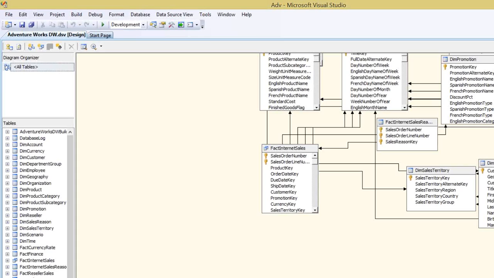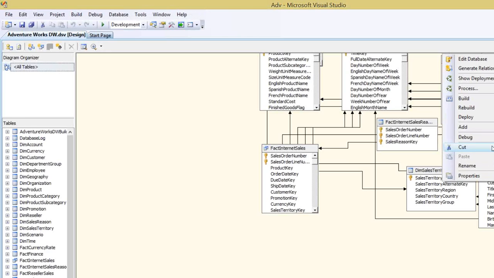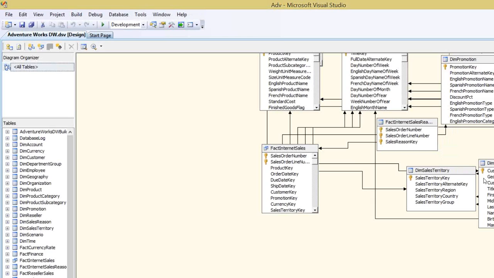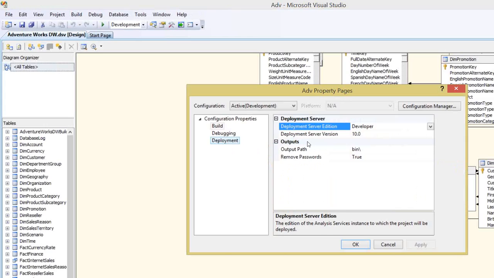You are familiar with this. I know you, as a developer, you are familiar with this. If you have a structure like this in the page, what you guys will do is copy the structure. I'm talking about structure meaning only the skeleton of the Cube database, or you can say the design of the Cube database. What you simply need to do is go to the properties, point to the new